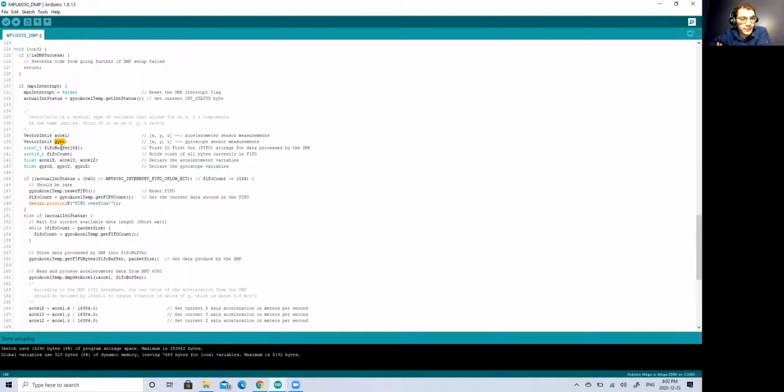And then we declare a FIFO buffer. A FIFO, just to mention here, just means first in, first out, right? So any data that comes in will be the first data that comes out. That's what a FIFO does. And a FIFO needs to be implemented in code. What I mean by that is that when you